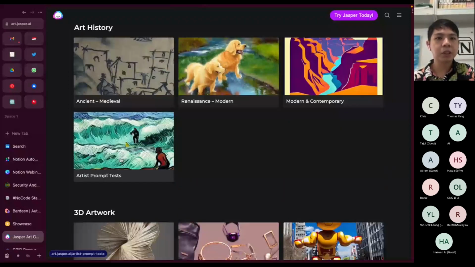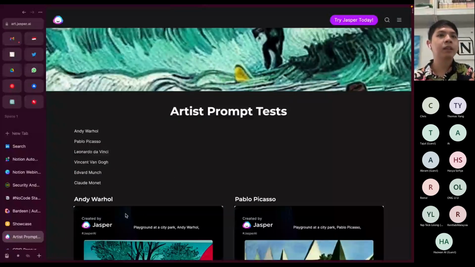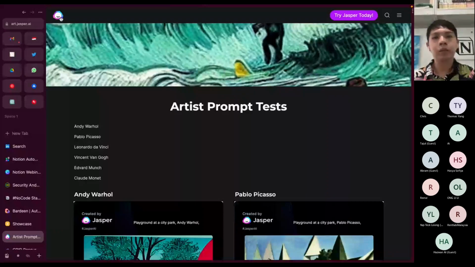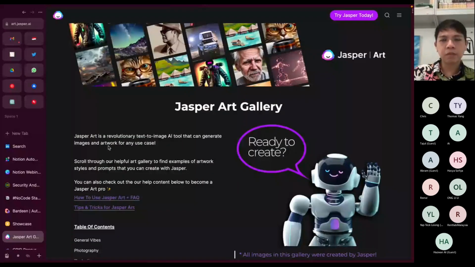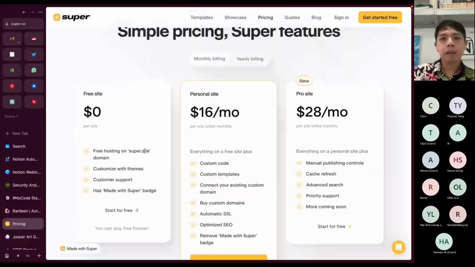Once you select it, you can have more information here. My understanding is that it supports SEO and CSS injections, so you can include your own code as well using that tool. They have a free version that you can use with their own domain, but you need to have their branding there, or you have to pay $16 per month. So this can be an alternative if you're using Squarespace or a different website builder. What you can do is use Notion and then Super.